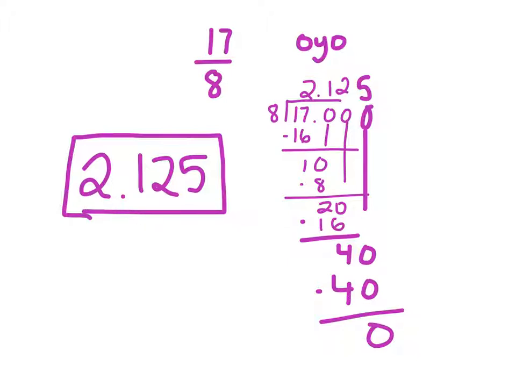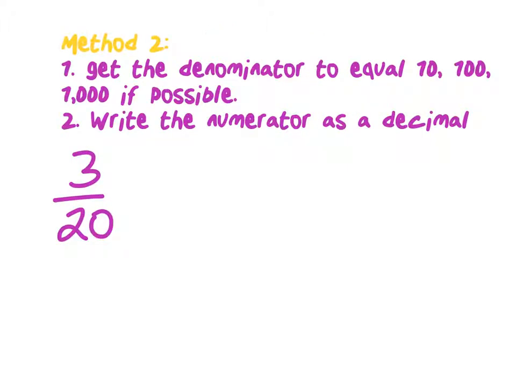So just to recap, 8 goes into 17 2 times. 8 times 2 is 16. 17 minus 16 is 1. Add your decimal point, bring down your 0, and then you do everything that we just practiced doing. Okay, now method number 2